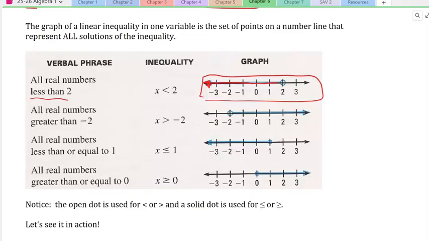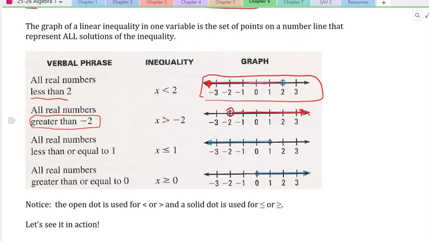Okay, let's take a look at the next one. This one says all real numbers that are greater than negative 2. So we see here x is greater than negative 2, greater than because it has more points here than here, reading left to right, greater than negative 2. So we find negative 2 on the number line. Oh, look, there it is. We put a circle there, and it's everything that is greater than negative 2. Notice again that the circle is not filled in because it does not include negative 2. Negative 2 is not greater than negative 2, so it's an open circle